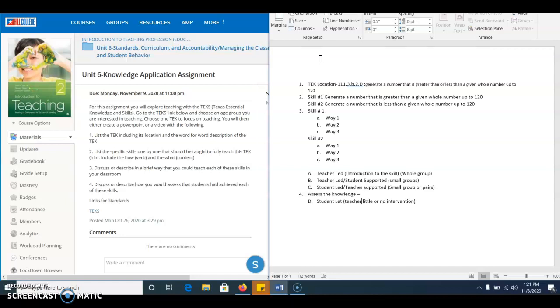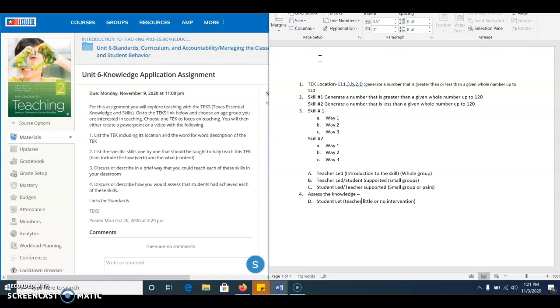So don't just say, I'm going to quiz them. How are you going to quiz them? What type of questions are you going to ask? You could make up a fake worksheet or fake quiz document and say, as long as they score 4 out of 5 on this, I'm going to be happy that they've attained this skill. So what is going to be your judgment and how are you going to decide that? That's number 4. How are you going to assess the knowledge and know that your students have achieved that skill